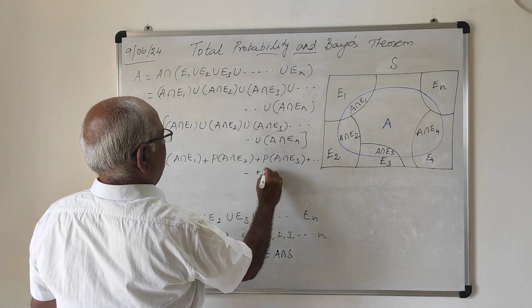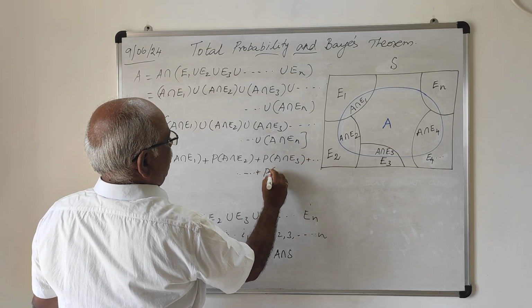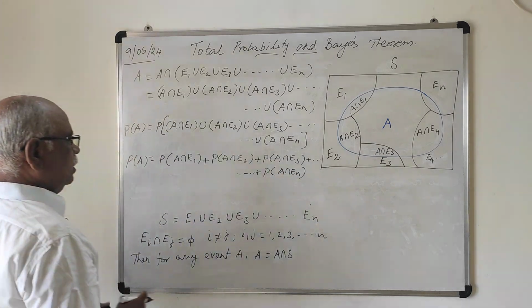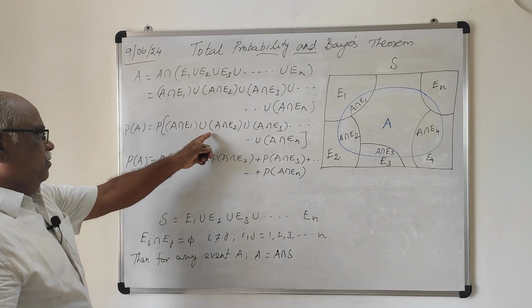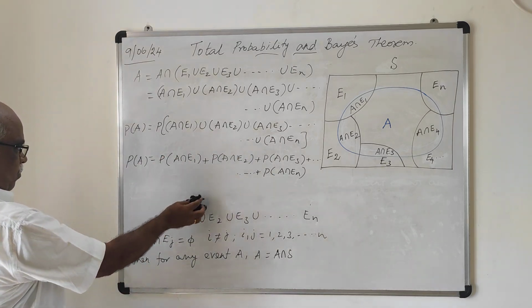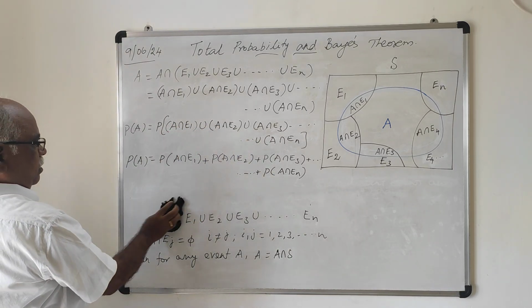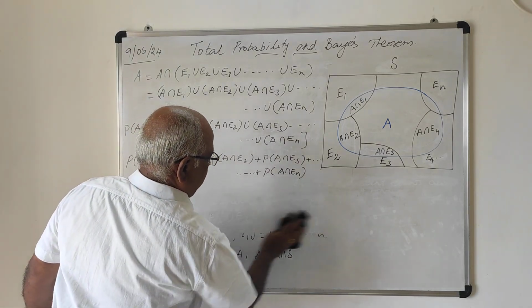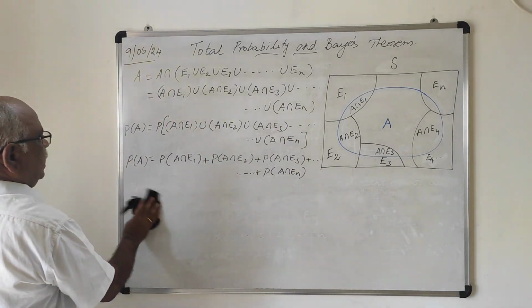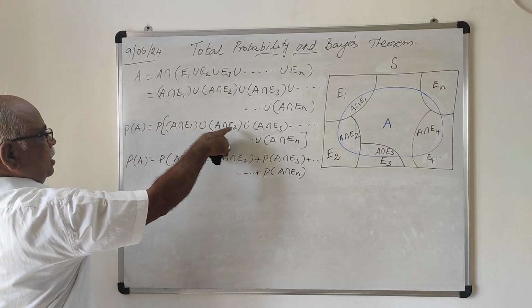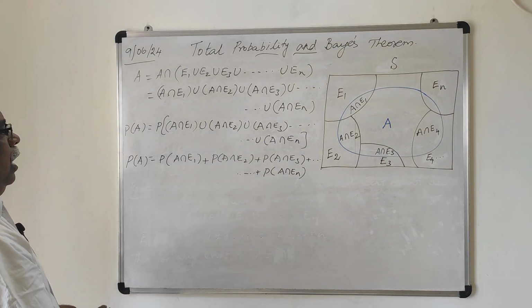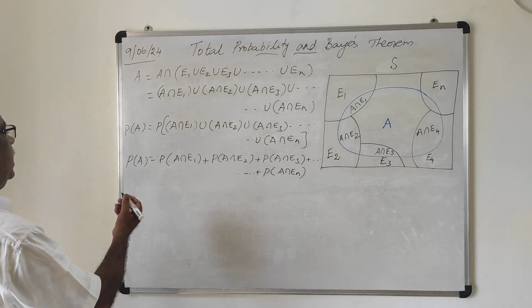Plus probability of A intersection En. Since these events are mutually exclusive, the probability of the union of the n events is the addition of just the probabilities of the events. Probability of A equals probability of A intersection E1 plus probability of A intersection E2 plus probability of A intersection E3 and so on. Now by multiplication theorem,